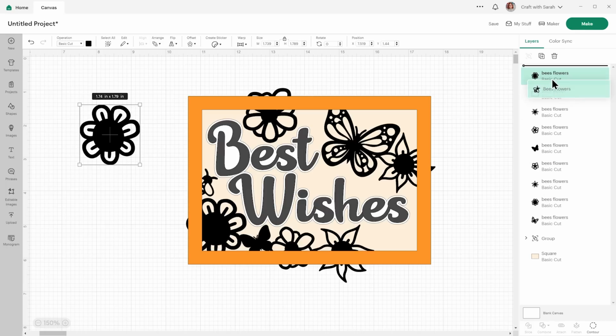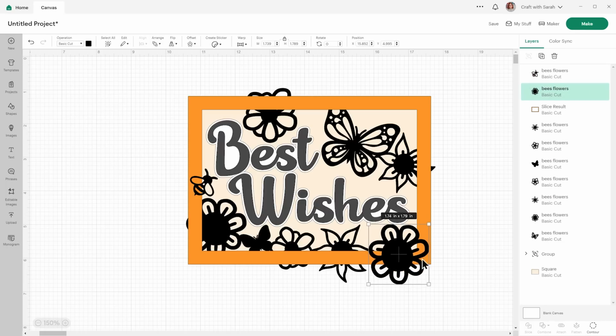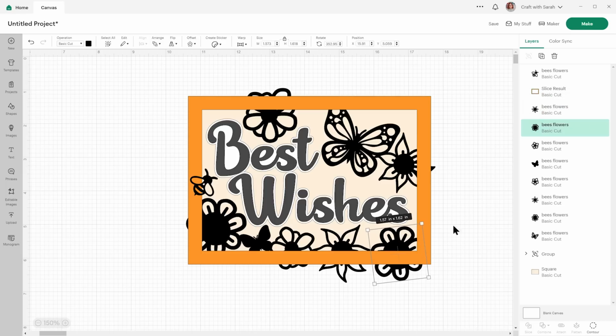My bee, I'll glue on as a separate piece so I can drag that one to the top. And don't be afraid to take your time on this, especially if you're new to designing in Cricut Design Space. The more time you take making it look really good at this stage, the easier everything else will be.